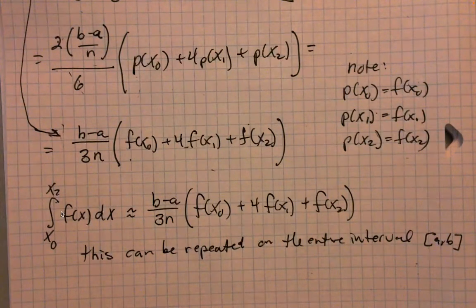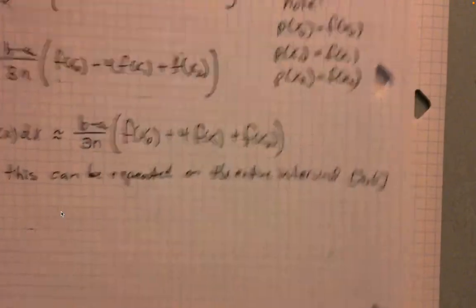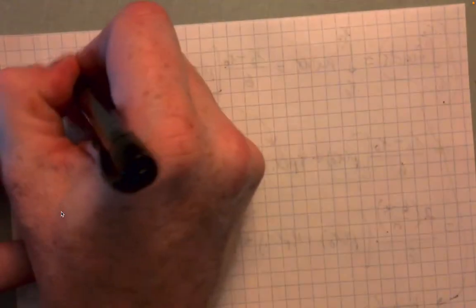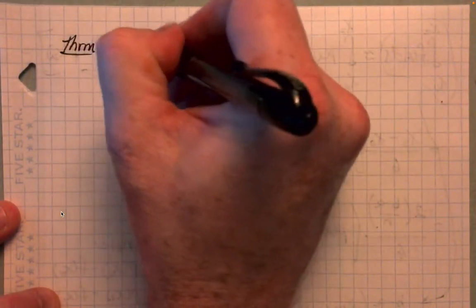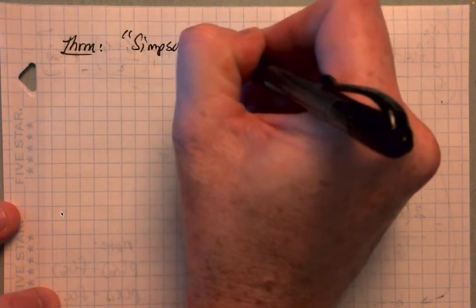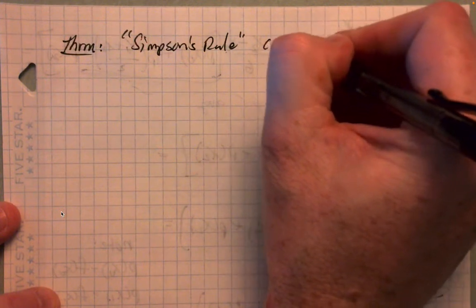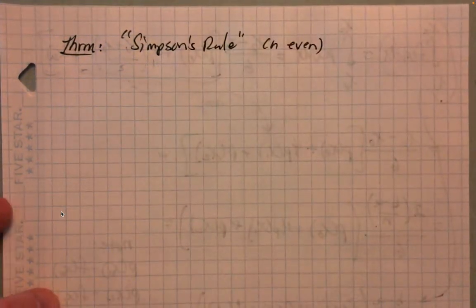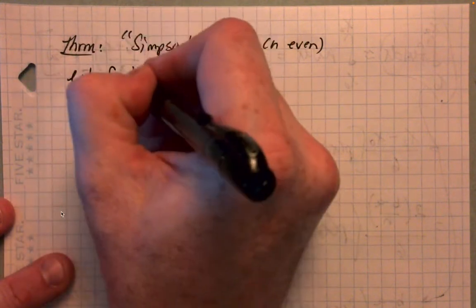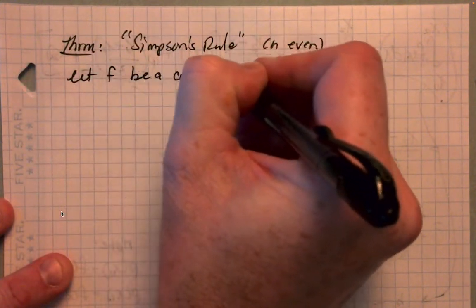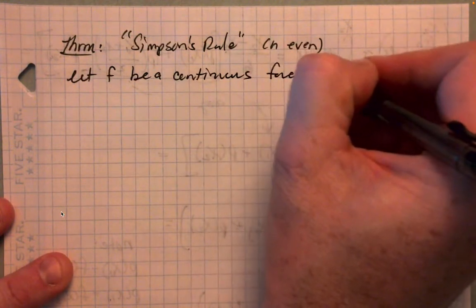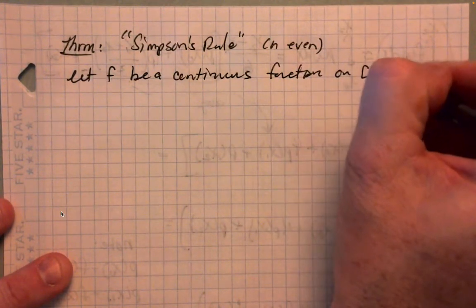Okay, and so this can be summarized, and that summary is Simpson's rule, and we'll write it as a theorem here. Simpson's rule. Technically this is for n even. Okay, so let f be a continuous function on [a, b],